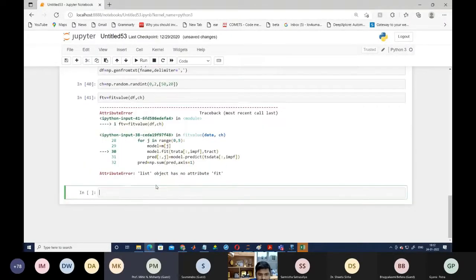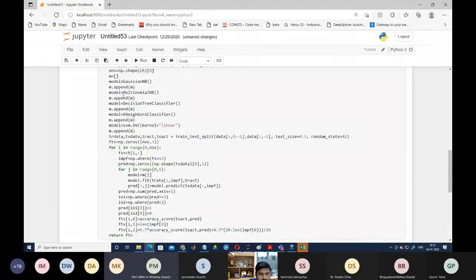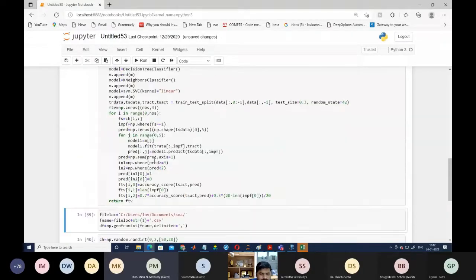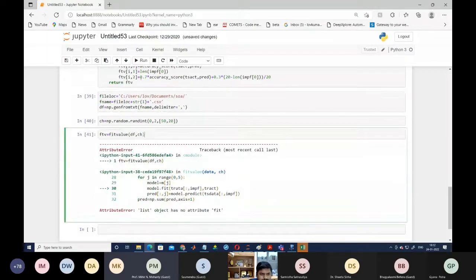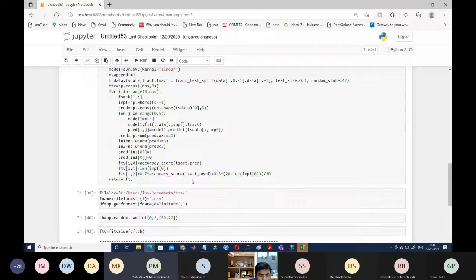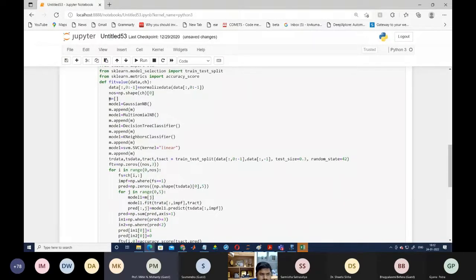Now we have to check here, one problem is coming. So model dot fit. Okay, so here we have used the same thing, whether you have to write model 1 dot fit, model 1 dot fit, model 1 dot predict. Now we have to check whether it is working or not. So: list has no object attribute model. Okay, so what we have done here, m equal to this one, then we have created model. Okay, so here we have to write model, not the m. Here we have to write model. We are going to append model, not the m.